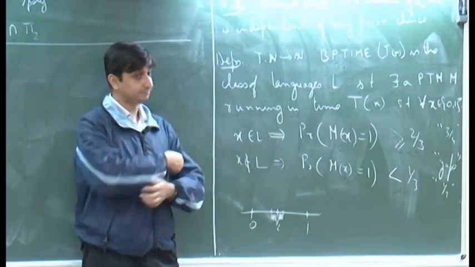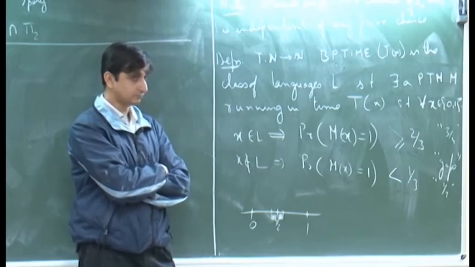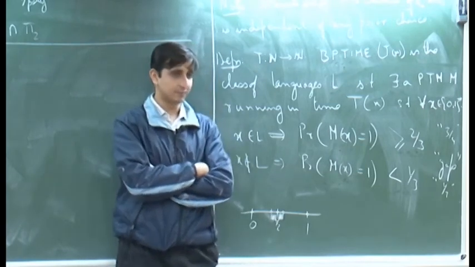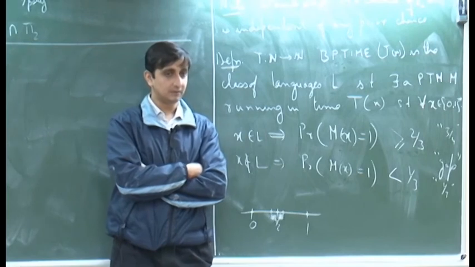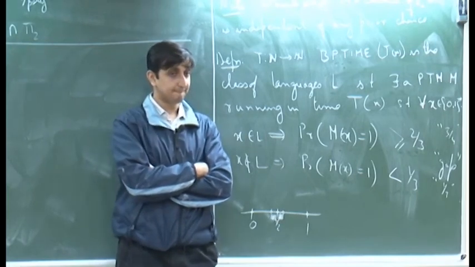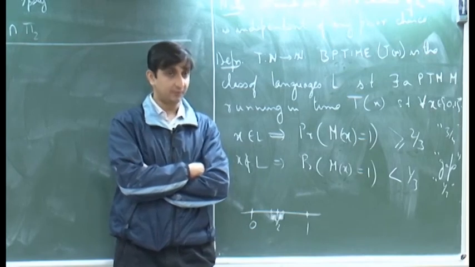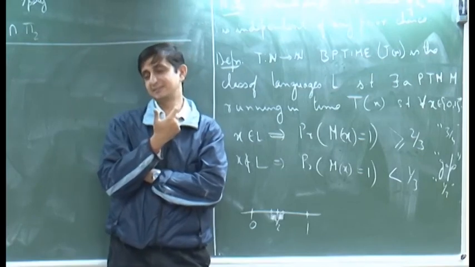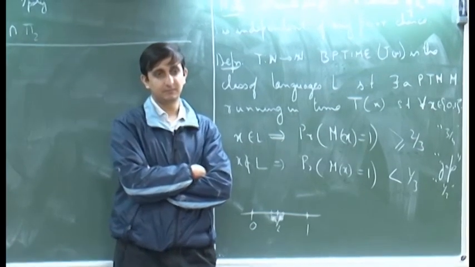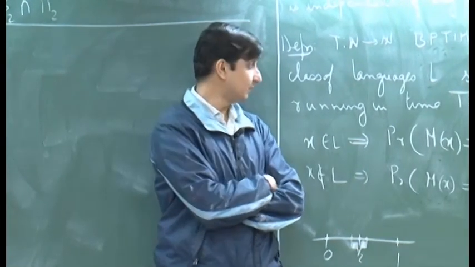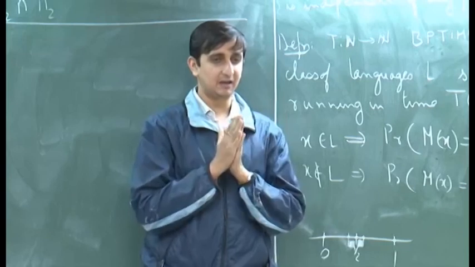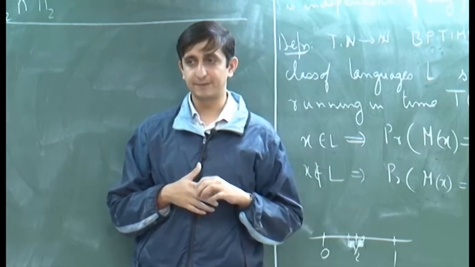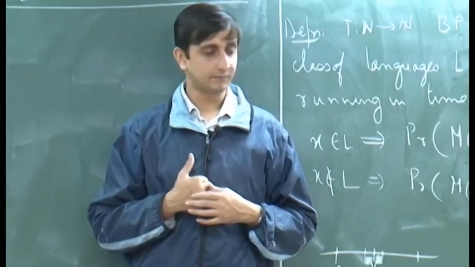Shouldn't it be something like 1/2 plus some positive constant? Yes. That is what we will be able to show, that 1/2 plus some positive constant works. Sir, does that 1/2 plus something need to be 1 by polynomial, or can it be anything? 1 over polynomial. It cannot be anything, because if it is 1 over exponential, then it is basically the same as PP, right. But here, by definition, we want something that is not arbitrarily small, there should be some non-trivial gap. Okay.